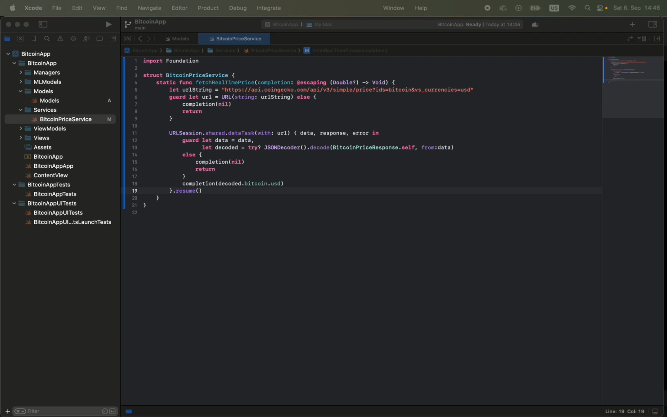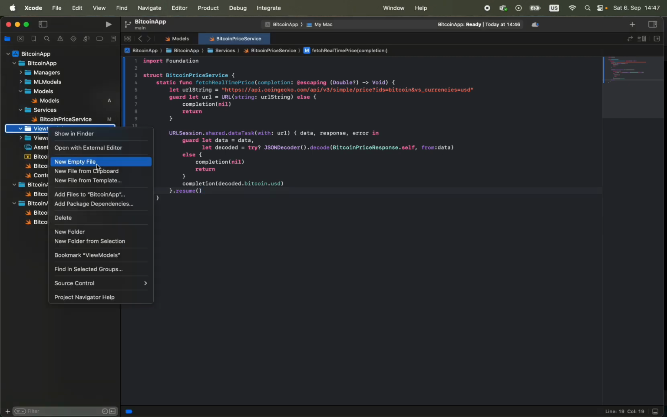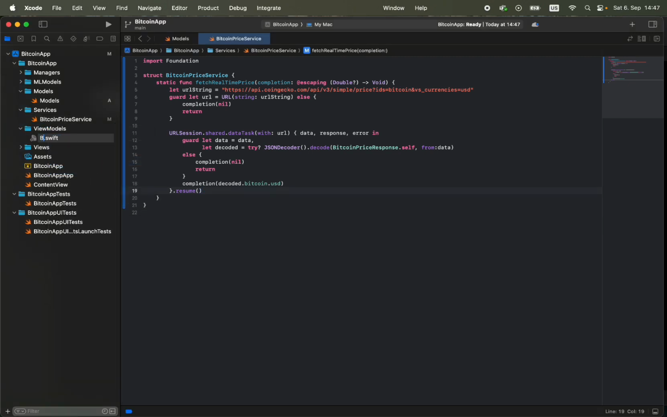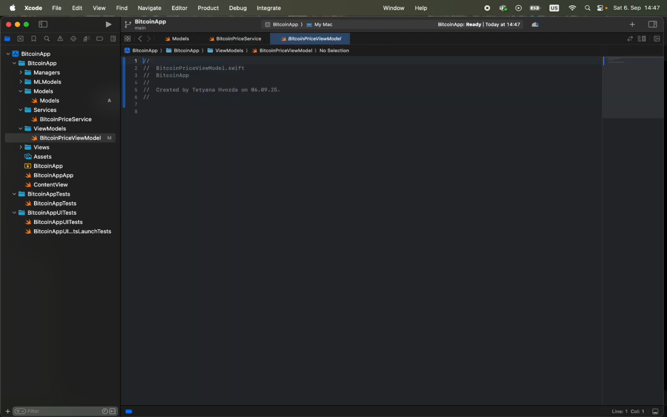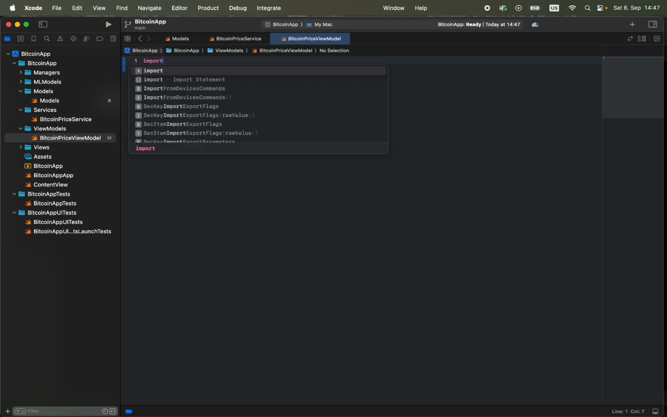Now let's move to the view model. In the view model folder, create an empty file and call it BitcoinPriceViewModel. This view model connects the Bitcoin price fetching logic with SwiftUI. We import Foundation first